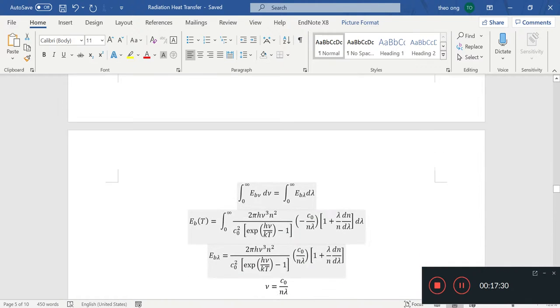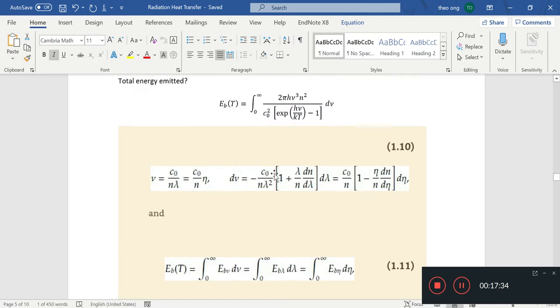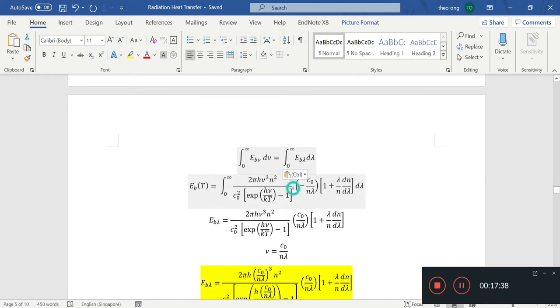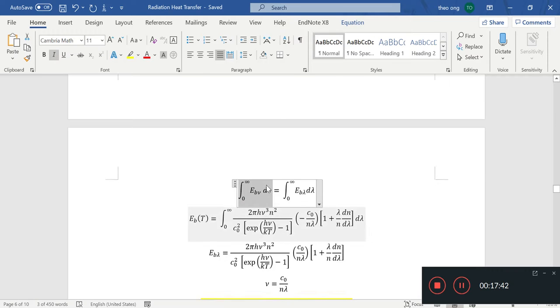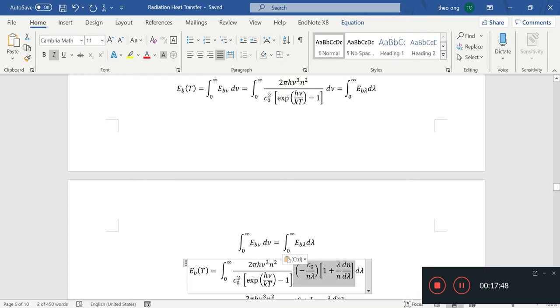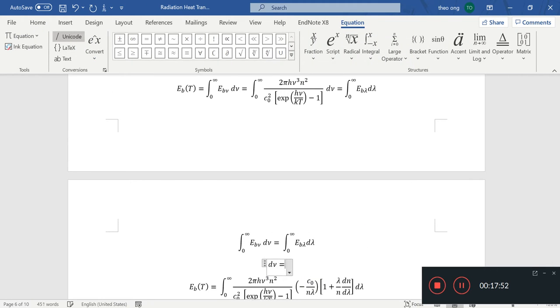What I've done is just copy this expression after we have differentiated it and paste it over here. All I've done is to take this expression and replace d nu with whatever you see here, because as we were talking about earlier, d nu equals